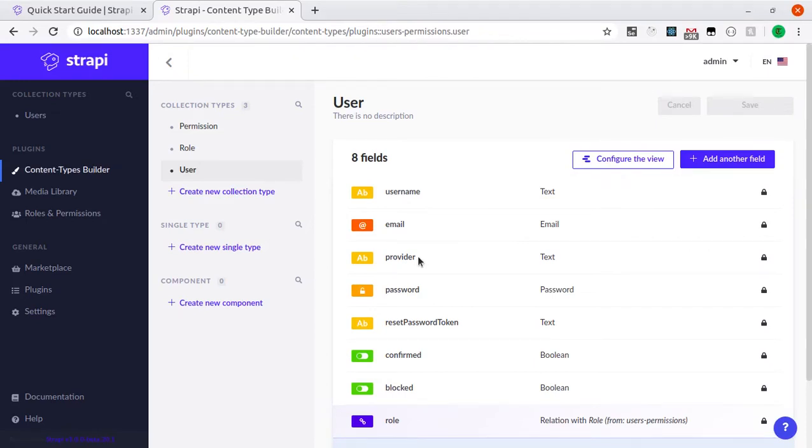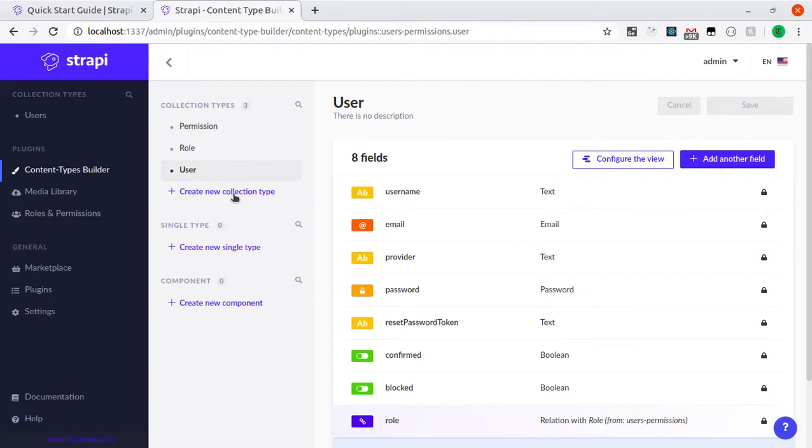This provider we can use different types of authentication providers like GitHub, Google, and Twitter, and we can also have authentication or login from our database, which is what we are going to do. And you can have password, reset password token, confirmed. So all the stuff comes right out of the box. We have another collection type like role, permissions.